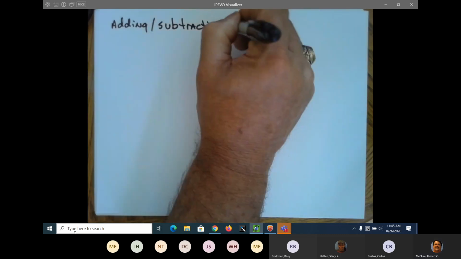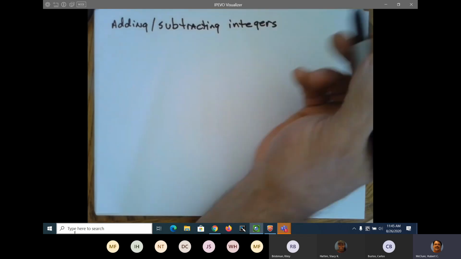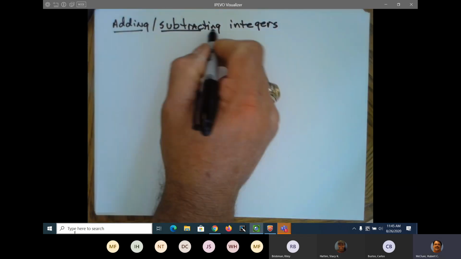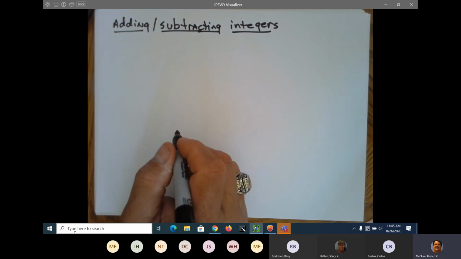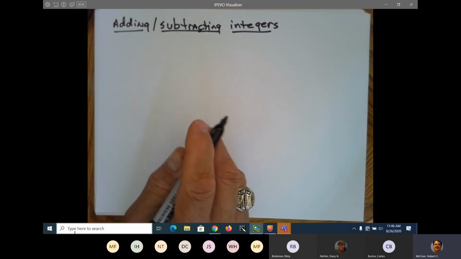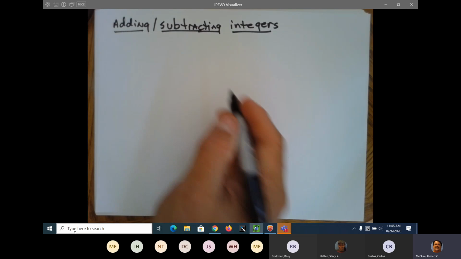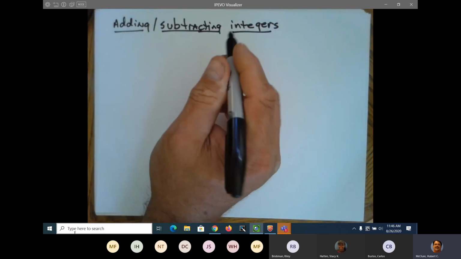integers. Integers are signed whole numbers. I mean, basically positive, negative whole numbers. Well, actually, they work with all numbers, because when you add and subtract integers, that means positives and negatives. You could have positive and negative decimals. You can have positive or negative fractions. So they're basically signed numbers. When you're adding and subtracting signed integers or signed numbers, you got to remember